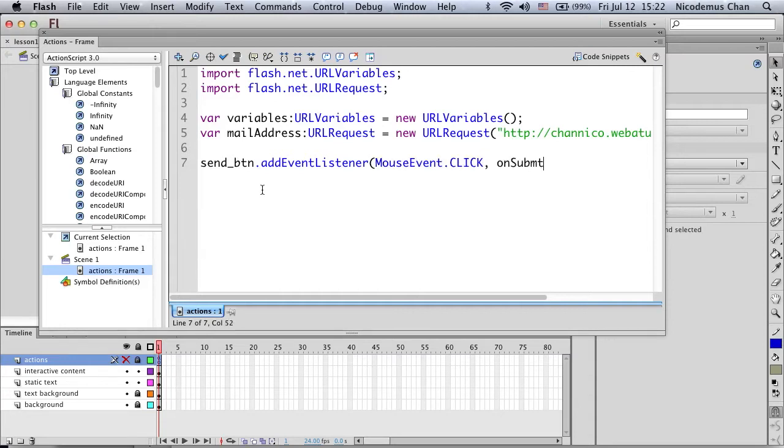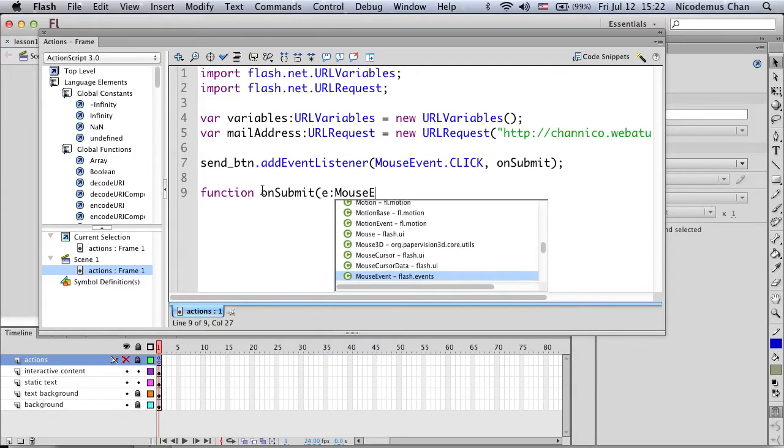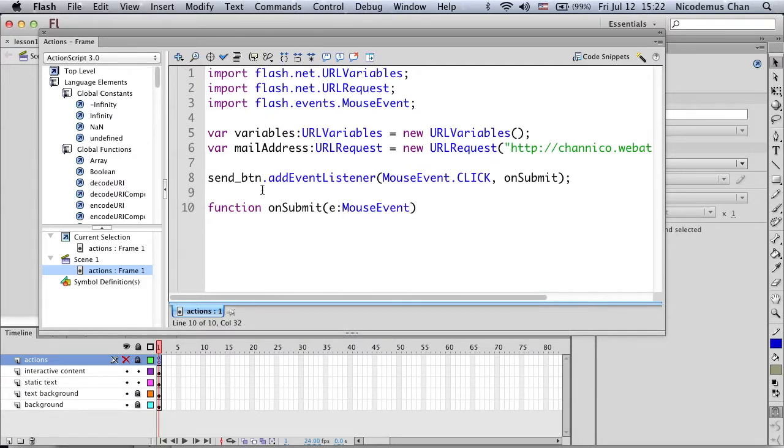On submit. Okay, and you just gotta create the function here, function on submit, mouse event, and the return type is void. Okay, and inside here what we'll do is that we'll take the variables, and we gotta set the variables here,